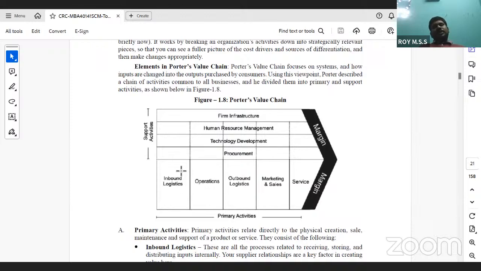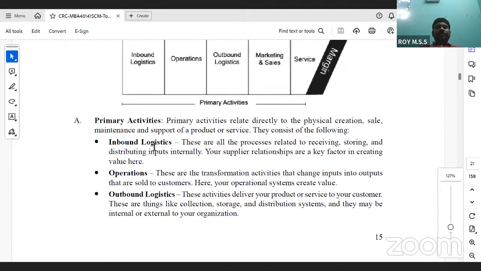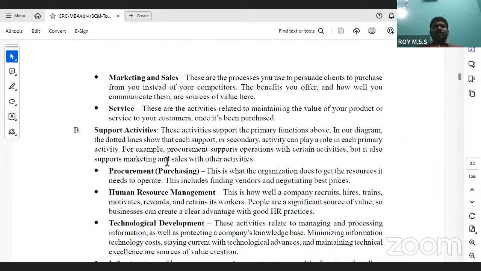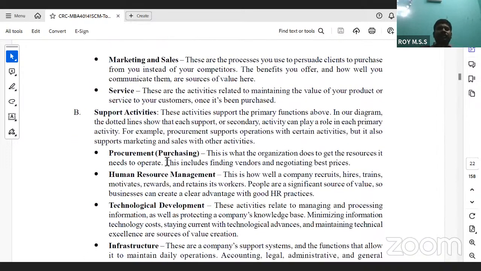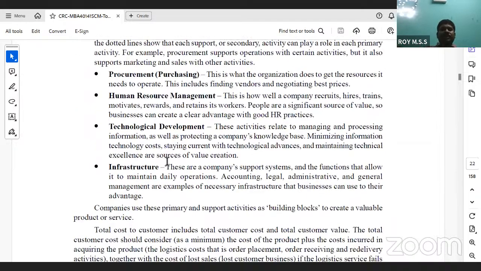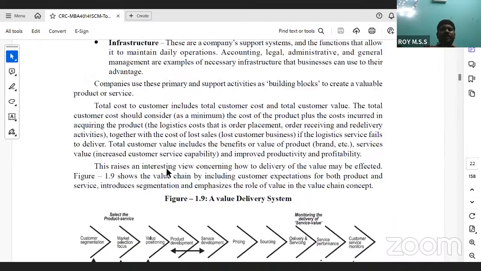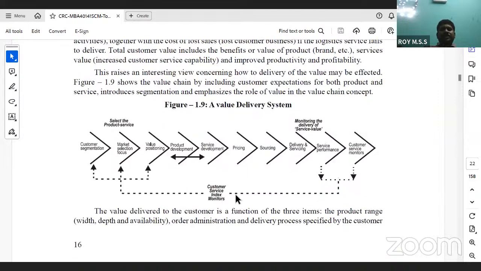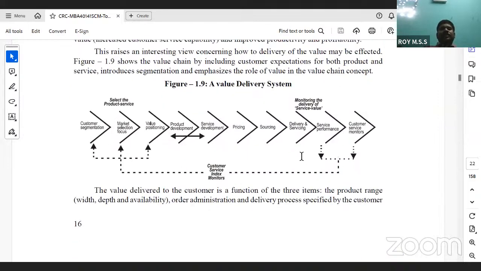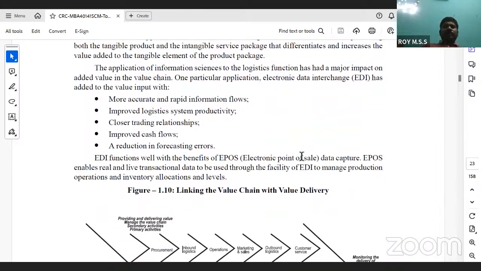What is outbound logistics? From the supplier till it reaches the manufacturer, we call it outbound logistics. Once it is entered, the movement of the goods in the production area or in the manufacturing company till it reaches the customer. What are the primary activities in that? Inbound logistics, right? Storing, distribution, what are the things there? Operations, outbound logistics, marketing, sales. Support activities, there will be procurement, HR will support, technological development will be there. Of course, the infrastructure also should be there. This is the value system, one after another. It will add value and finally it will give value to the customer.